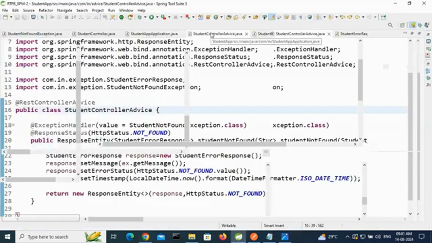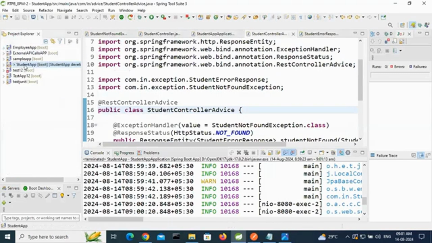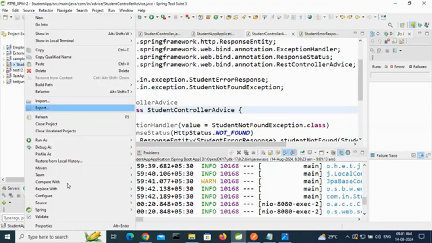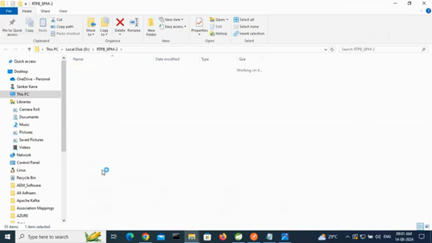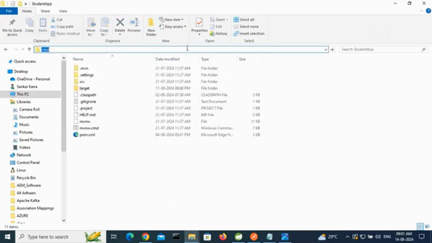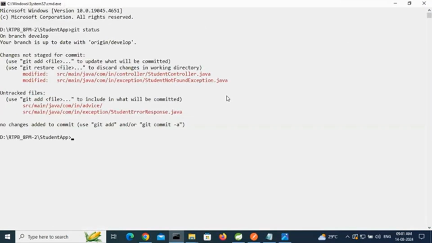So minimize, click on the project. This is the student app. We are now working on the student app. Right click, Properties. Go to the location of the workspace. After that, open our project. Open in CMD. Git status. These files were modified. These files are newly added. Then git add dot means all files. git commit -m, then the message: Spring Boot